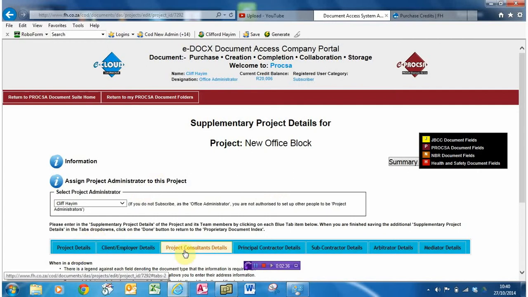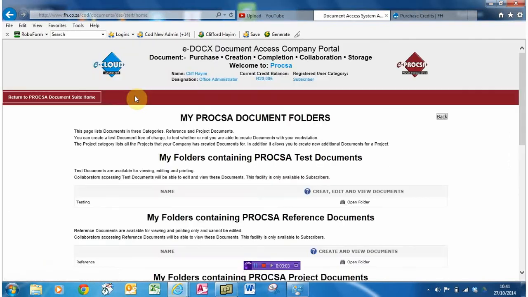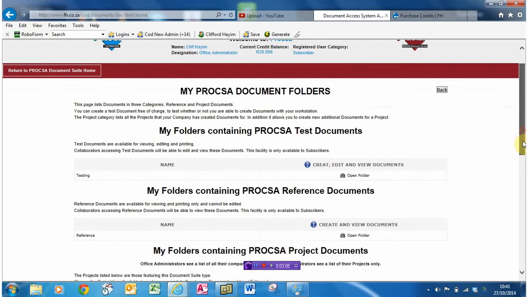The benefit being that these details are populated once and are stored in a database for future use across any document, across any suite. Let's assume this is a one-off document and we don't wish to slow the process down by populating details. Then in that case, we're going to bypass this process of populating the data, and we're going to go straight into the actual document folders,